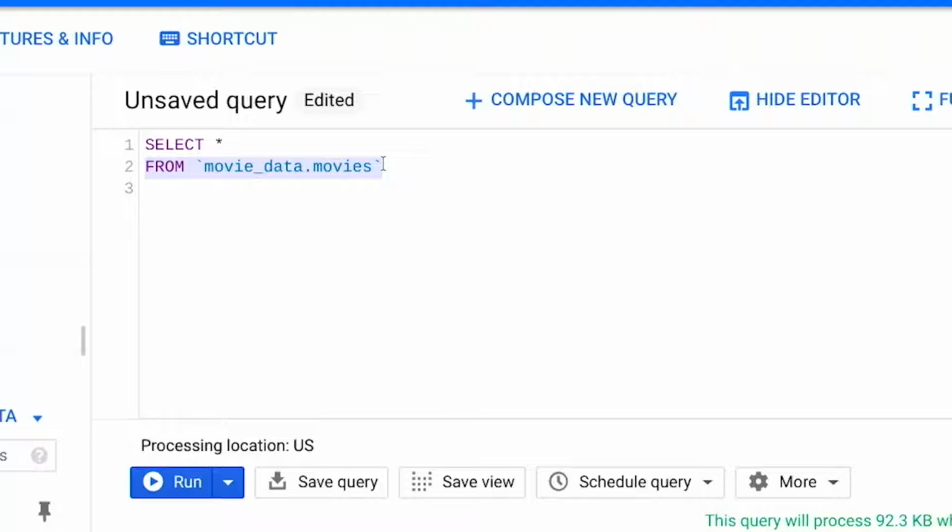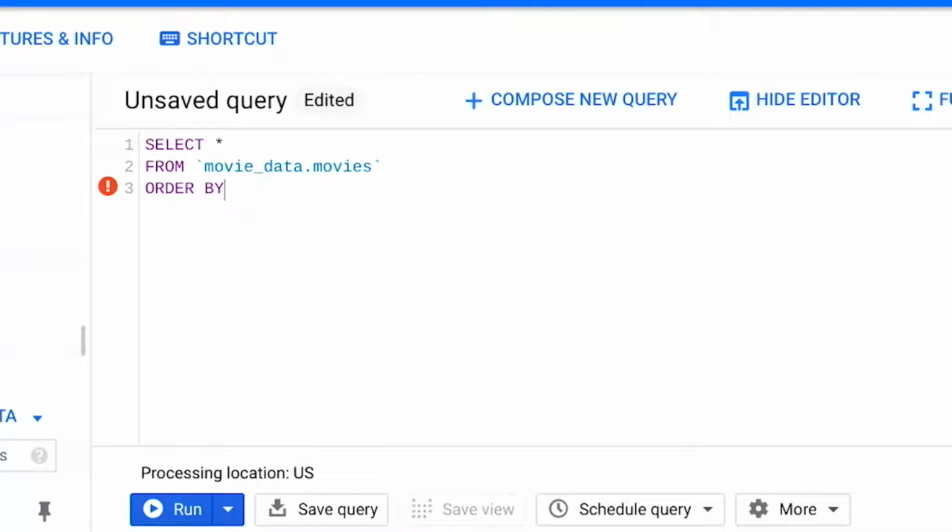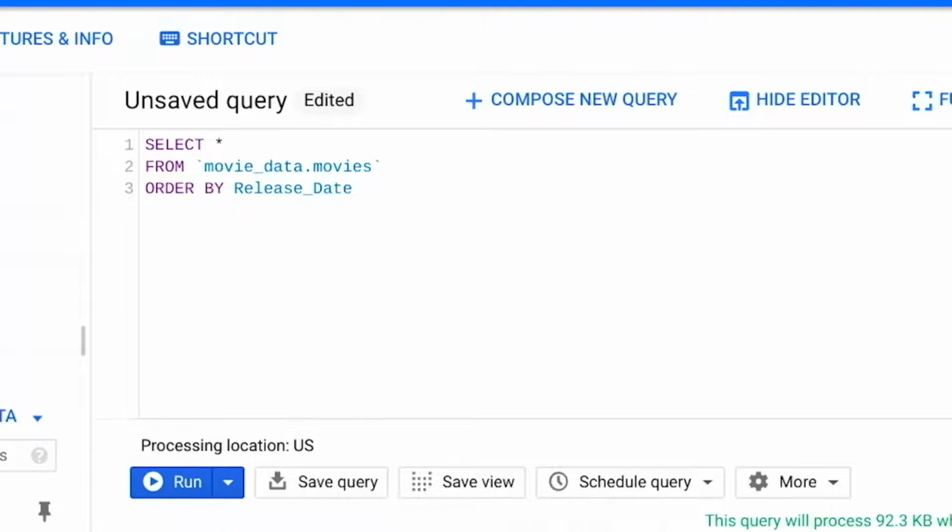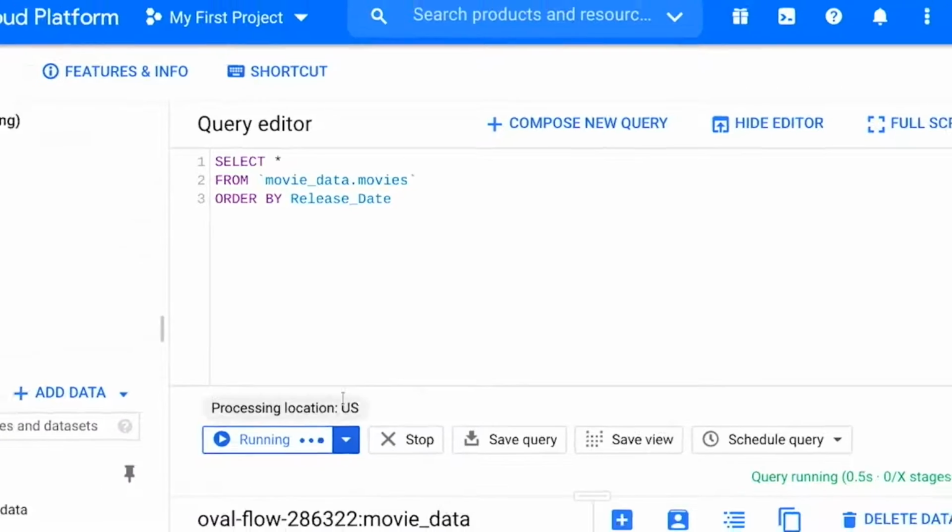Now let's check out the next line. It's empty, but that's where we'll write our order by function. The order by command is usually the last clause in your query. So back to the actual sorting. We'll type order by with a space. With this clause, you can choose to order data by fields in a certain column. Because we want to sort by release date, we'll type release date. By default, the order by clause sorts data in ascending order. If you run the query as it is right now, the movies will be sorted from oldest to the most recent release dates. Let's run the query and see what we've got.